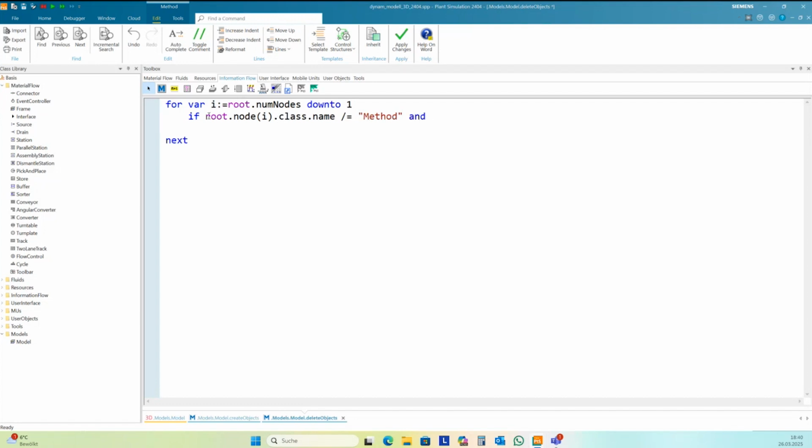And I want to keep the data tables. And the event controller I want to keep here.